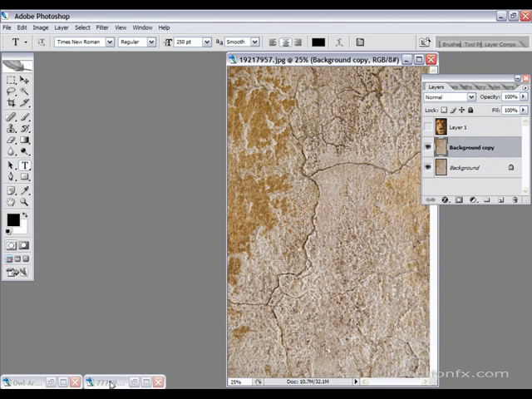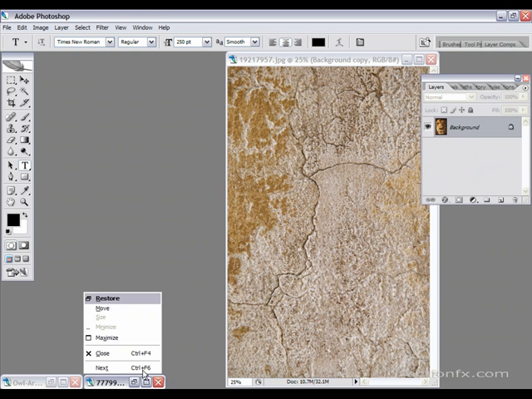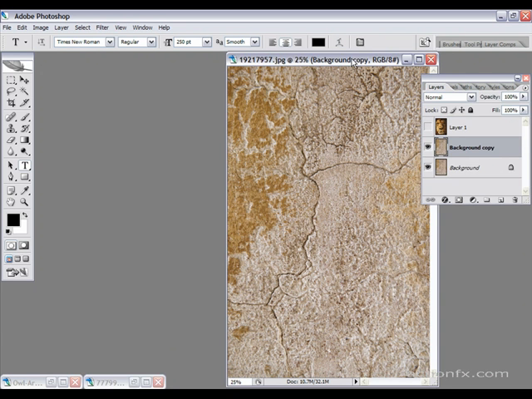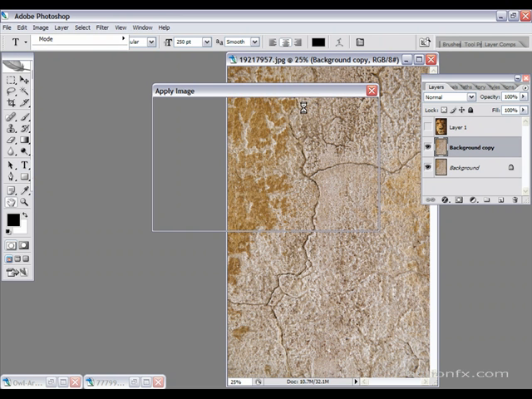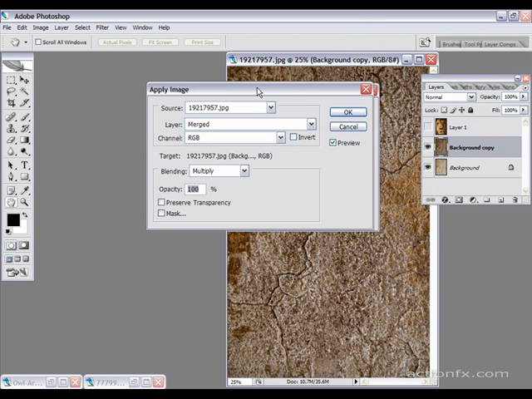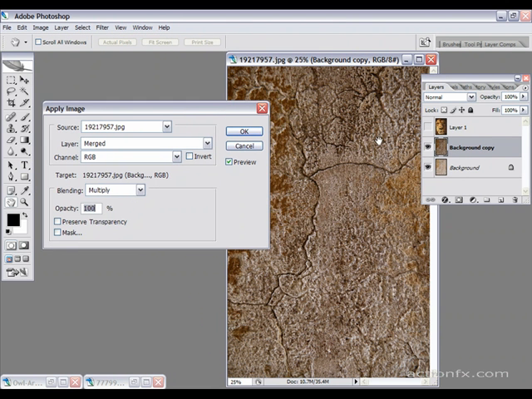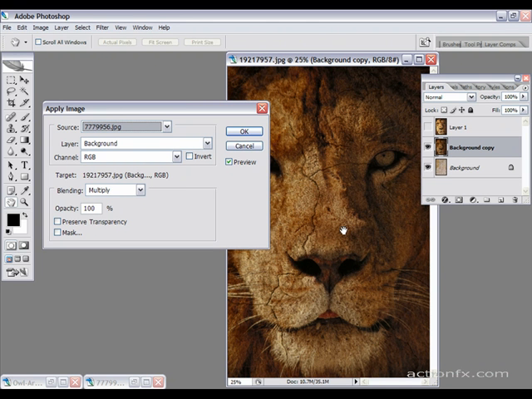Now I have the lion photo open down here still, just minimized, but I'm going to use that in a second. I'll switch back over here. With that background copy layer selected, I'm going to first apply image. So I'll go to image and down to apply image. Now initially it's going to say, okay, you want to apply this background, the same background image to this layer. I don't want to do that. I want to select the other photograph. So I'll select that. Then we see our lion starting to come through,